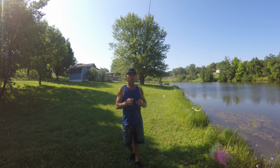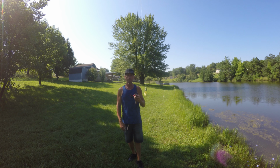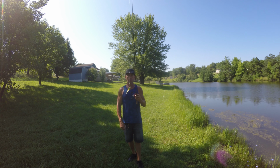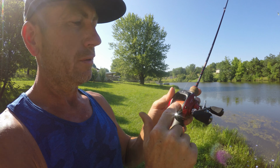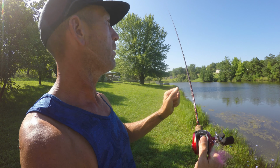So the cast control cap, if you guys can see that crappie jig, now I have it set a little loose. You can set it a little tighter if you're struggling, but you see that? I'll get it above you. You want it to fall, but with just a touch, just ever so slightly, a touch of resistance. And that's how you adjust that spool tension. But with that set right, and this, like I said, all the way towards the front and back one,